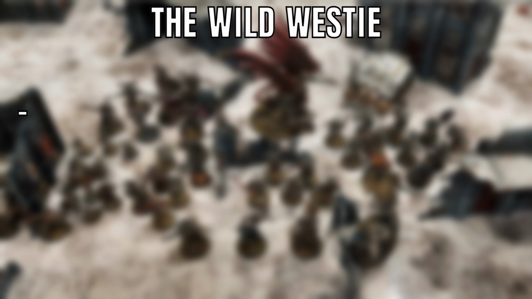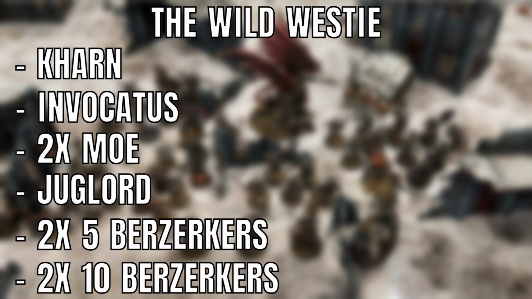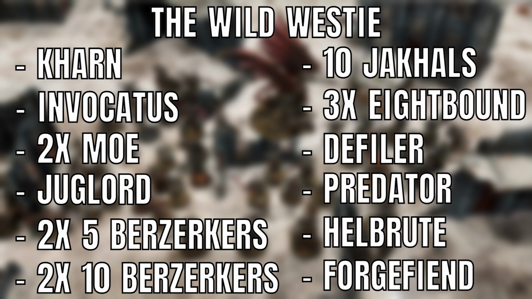Khorne, Invocatus, two Masters of Executions, but we have a Juggerlord instead of Angron. Following on from that, we have 4 Berserker squads, 2 5s and 2 10s, and a Jackal squad. Then there's a squad of 8-band, a Defiler, a Predator Destructor, a Hellbrute, and a Forge Fiend. It's a really cool take for a non-Angron list, and I think on the surface it reads as a bad